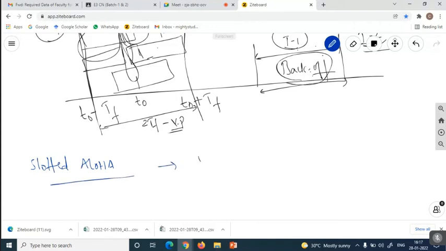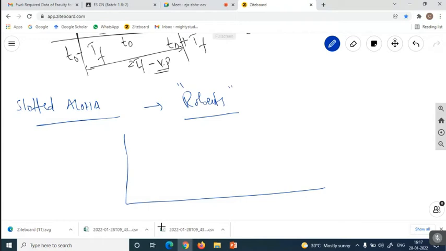So in the slotted Aloha, how are we going to improve the efficiency of the system? Simply we can say that how we improve the efficiency over pure Aloha is, slotted Aloha means we are going to assign some number of slots.